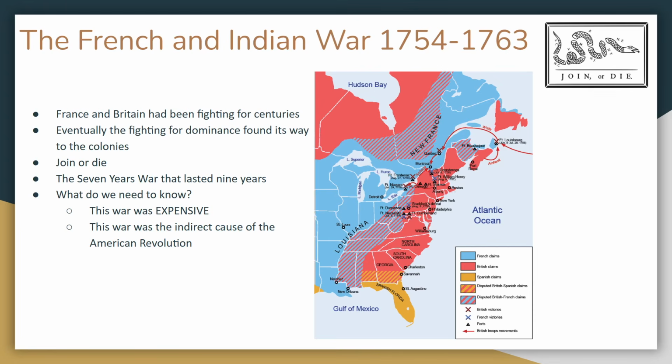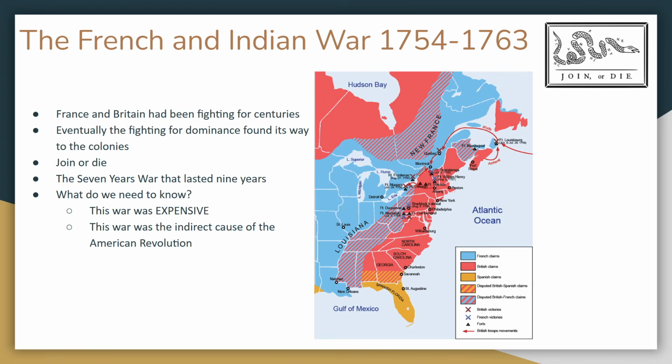Now, in the context of the American Revolution, what do we need to know? Why do we care? It was expensive. That is the biggest part. Fighting this war for nearly a decade was very, very costly. And I'm going to tell you right now, so you have this in your head as we move forward, this is going to be the indirect cause of the American Revolution. Keep that in your mind. It will become more clear later, but it is basically the taxes that get applied to the colonists to recoup the losses of this war that they get upset about and then start a war over.